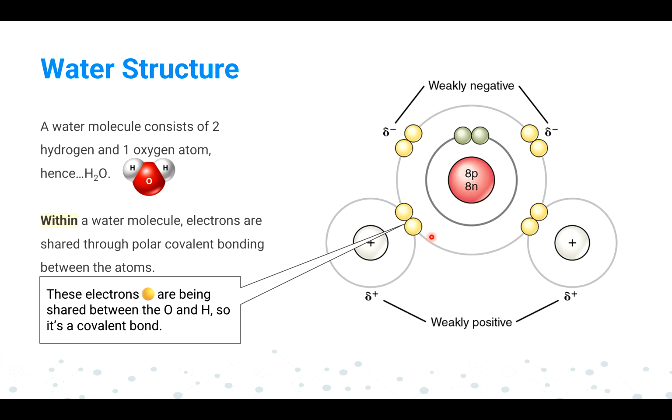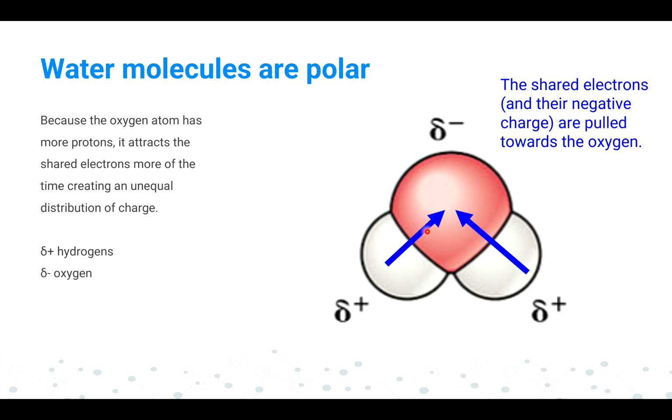And for hydrogen, they need the duet configuration of 2. So they will take 1 electron from oxygen and 1 they have. So it will be on a sharing basis, so the duet is also fulfilled. In this way, they are making a covalent bond, and it is a polar covalent bond. Yes, water is polar in nature because of the presence of charge, as we just discussed. And this is happening due to unequal sharing of electrons between oxygen and hydrogen.